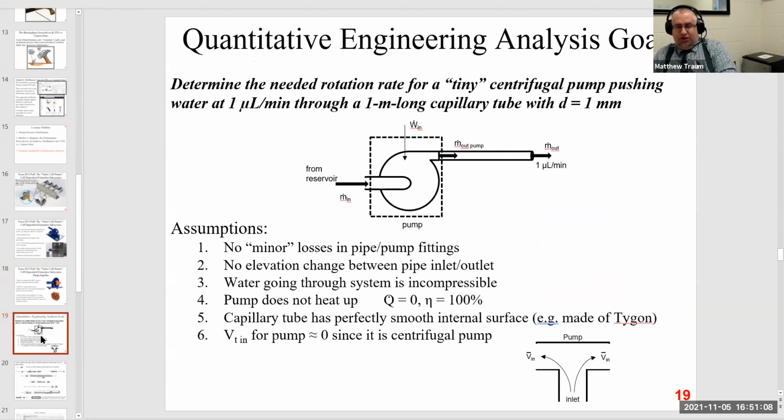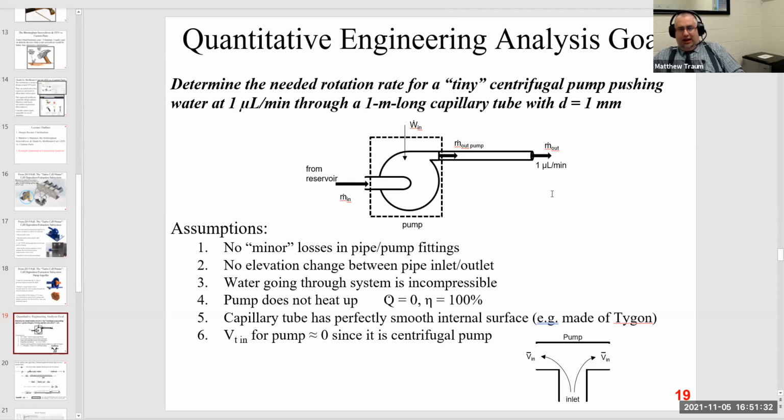And so the students started out with this analysis really to try to answer the question of how fast does this pump have to turn? How fast does the impeller need to turn in order to get this pump to achieve 1 microliter per minute of this liquid-like solid material running through it, against the pressure loss of a 1 meter long capillary tube at